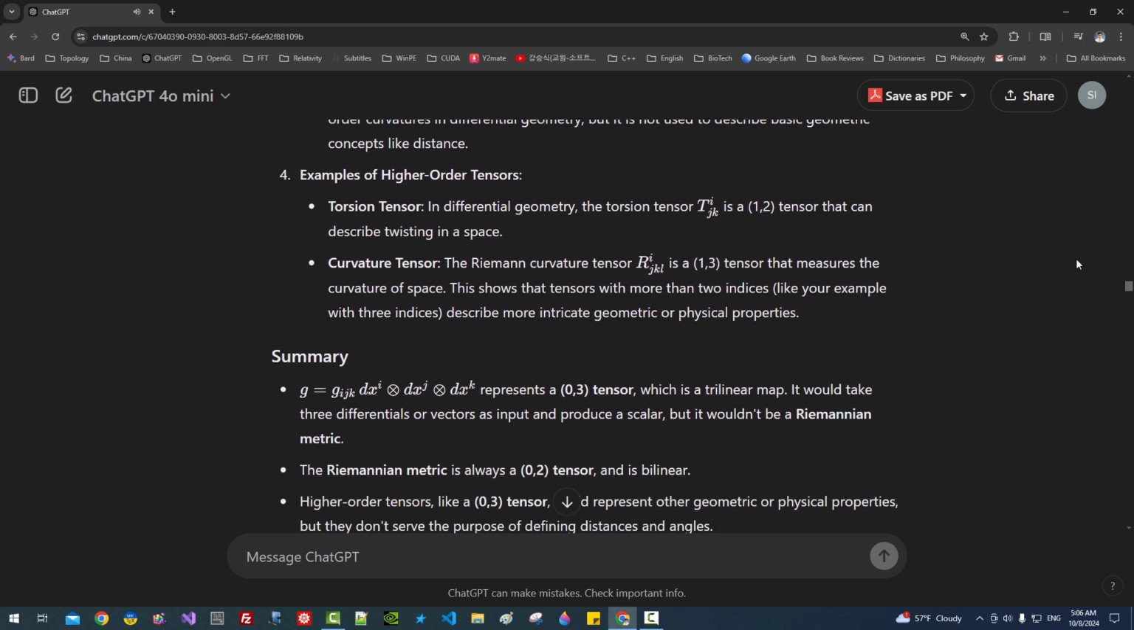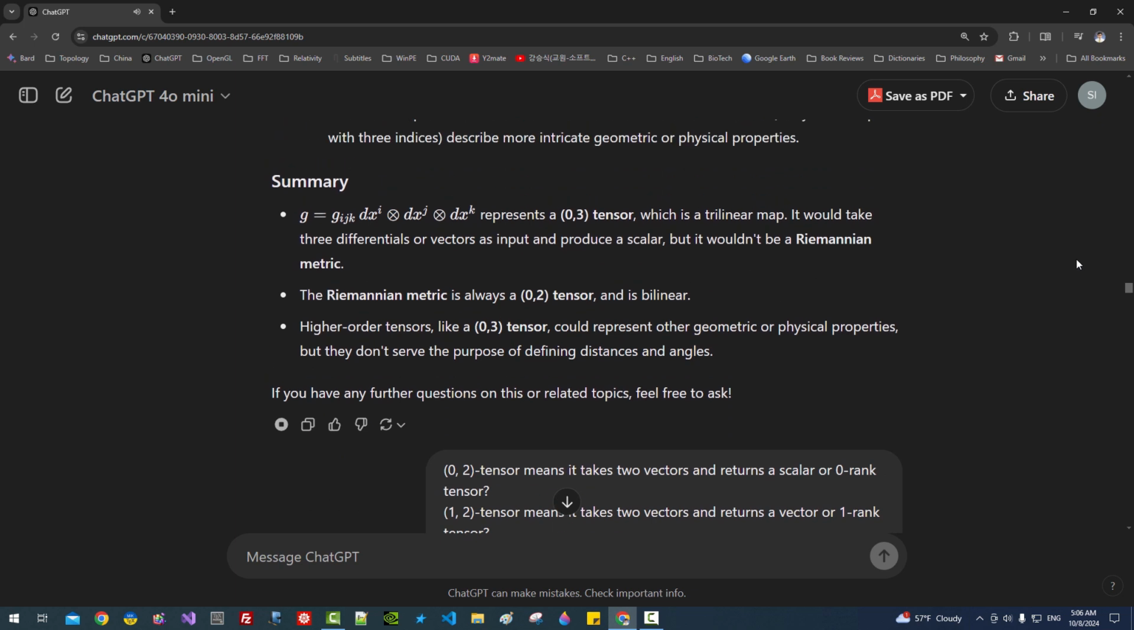4. Examples of higher-order tensors. Torsion tensor. In differential geometry, the torsion tensor, T^i_jk, is a 1-2 tensor that can describe twisting in a space. Curvature tensor: the Riemann curvature tensor, R^i_jkl, is a 1-3 tensor that measures the curvature of space. This shows that tensors with more than two indices, like your example with three indices, describe more intricate geometric or physical properties. Summary: G = g_ijk dx^i ⊗ dx^j ⊗ dx^k represents